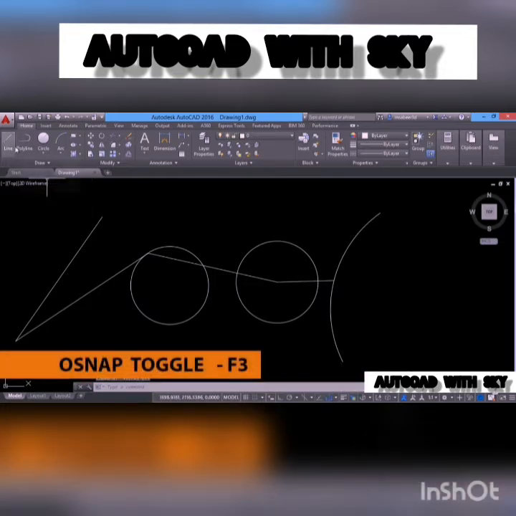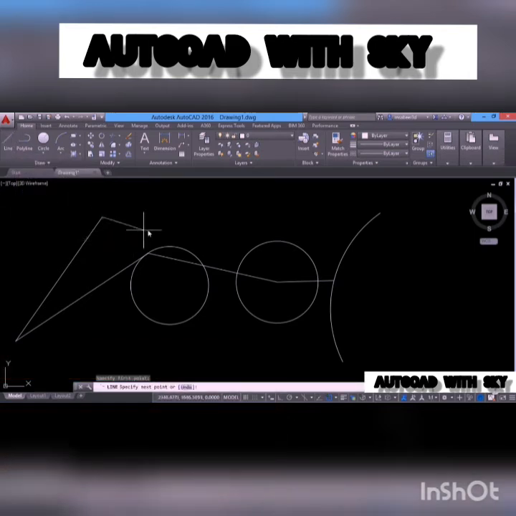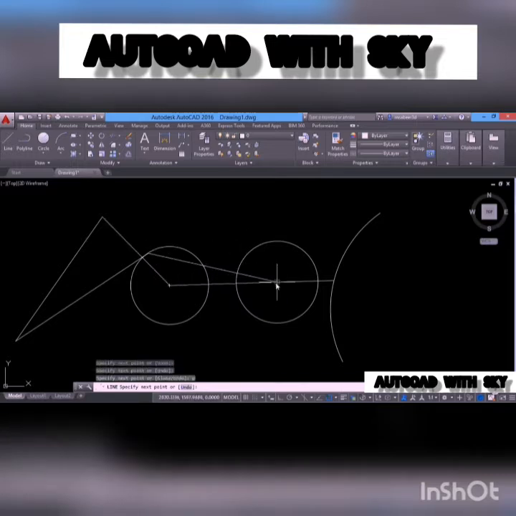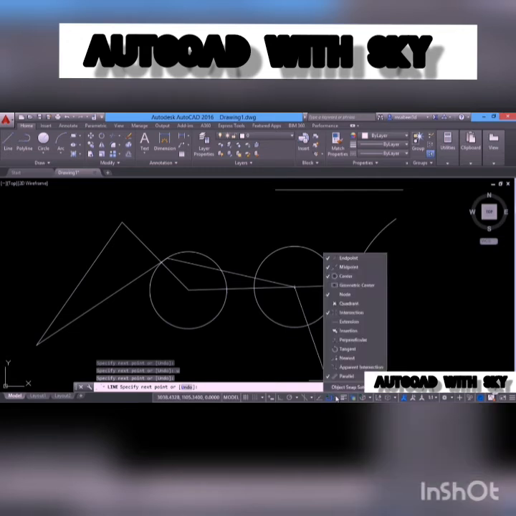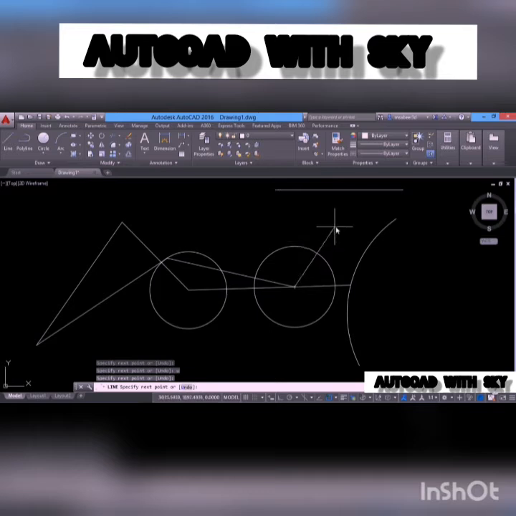Suppose if I want to draw another line from the endpoint of this line, it will automatically go and cast that endpoint. You can draw with the center to this center, and when I take the cursor here, this particular point satisfies three conditions. There is a center, it is an endpoint as well as an intersection. In such a situation, software takes the best decision. Hence, in running mode, you activate all those items which are frequently used in the OSnap menu, and once those items are activated, those items will get permanently attached to the cursor, and whenever you want, you will be able to make use of those items.